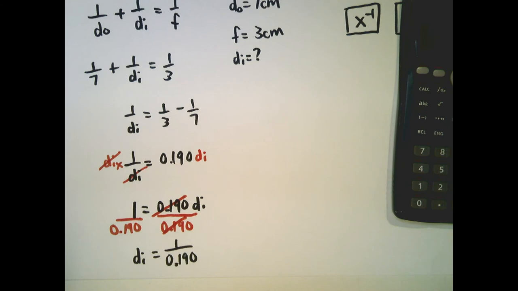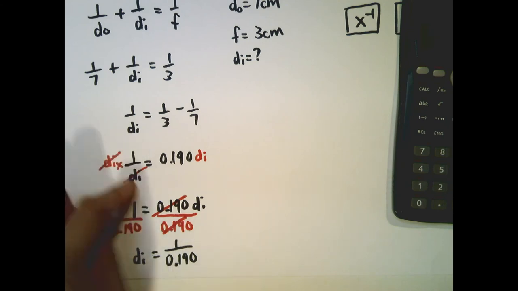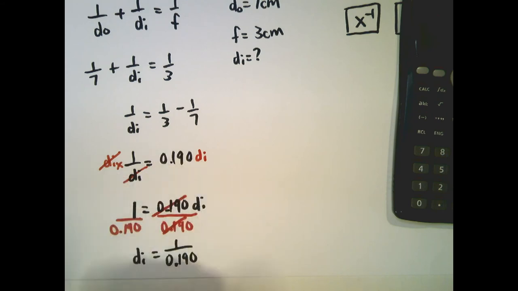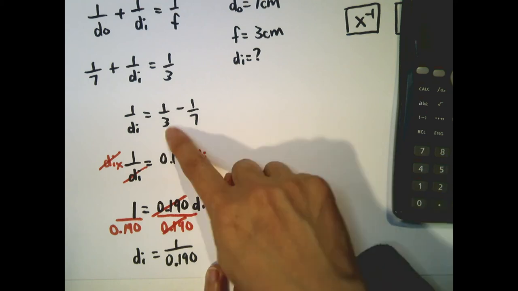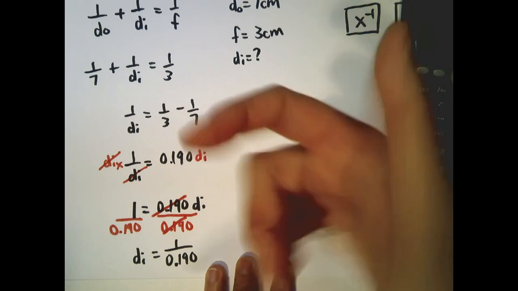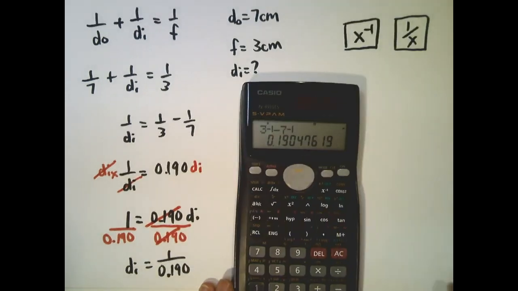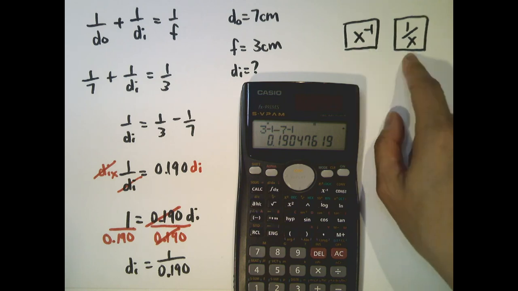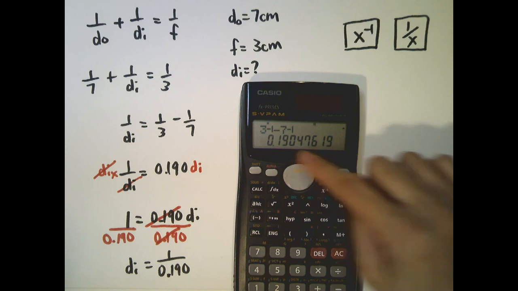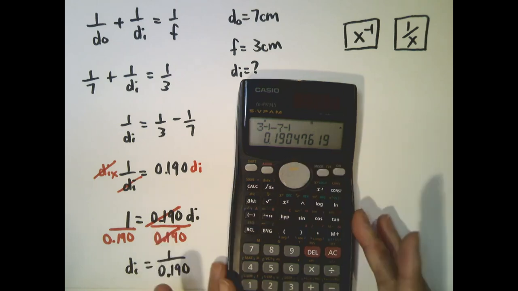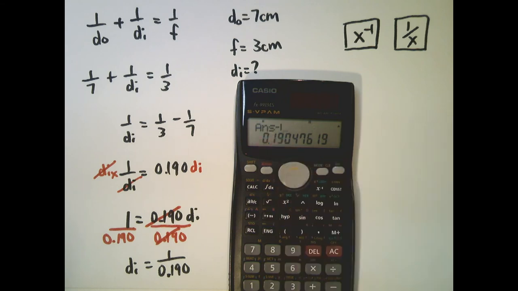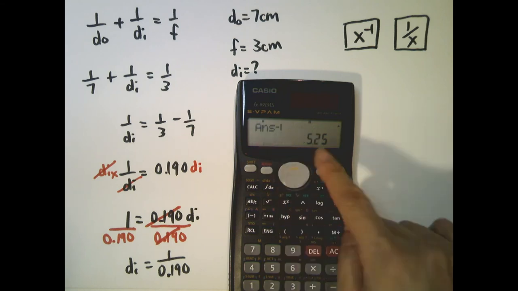Okay, so what does that mean? Basically, 1 over di, to get that number back, you're just going to flip it. I like to call this the flip button because you're literally flipping, all right? So instead of you wanting 3, you're going to flip it. Wow, how convenient. We have a flip button, which is this inverse button or the 1 over button. So you see on my calculator, I didn't erase it. I'm going to press that. And oh, it says my answer is going to be flipped. Equals, oh, look at that,